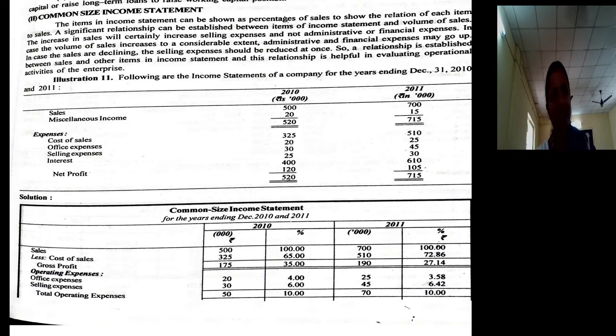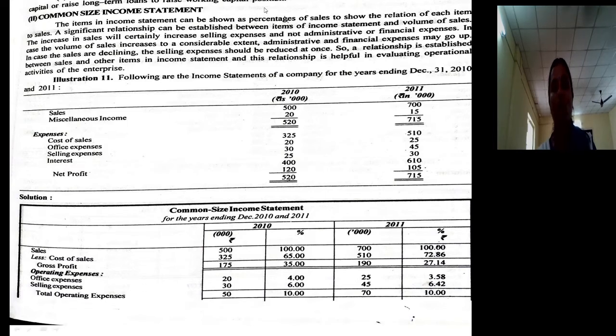Sales minus cost of sales is equal to gross profit minus operating expenses. So is equal to operating profit plus other income is equal to total income minus non-operating expenses. Here it is interest only. So they arrived at what? Net profit. Tax aspect is not there. If tax aspect is there, after interest, what we will arrive at? Profit before tax minus tax is equal to net profit after tax. Tax is not there. After non-operating expenses, you will arrive at the net profit.